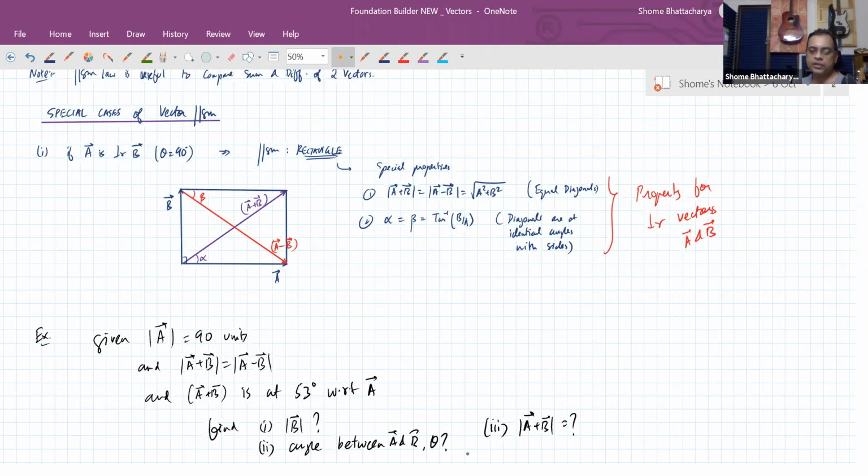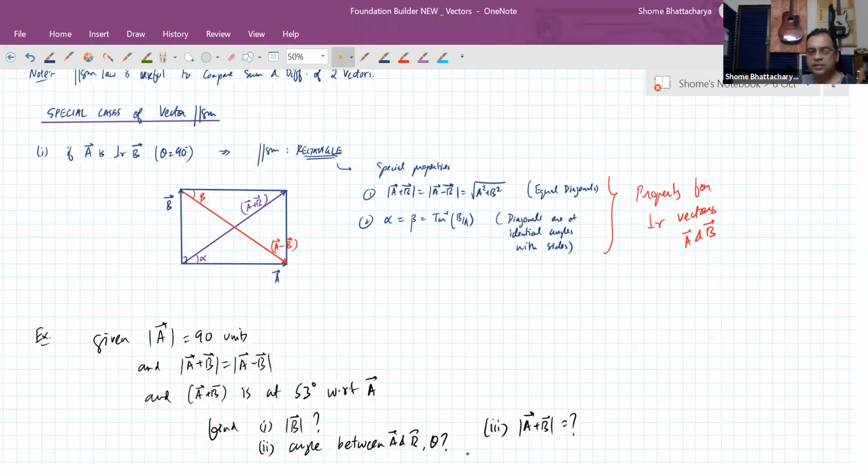So just work this out quickly. You'll see that if you did this question by basic formulae, you would struggle a lot with it. But the moment you recognize that it's a parallelogram which has perpendicular sides, which is becoming a rectangle, the question becomes much easier because the above theorem becomes like a shortcut for solving it.